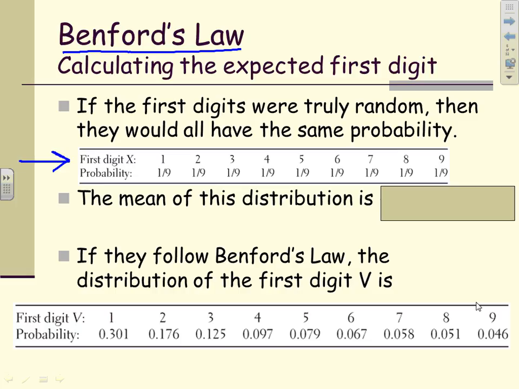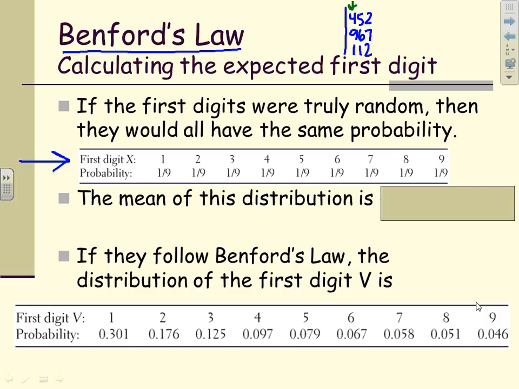Let's say your ledger looked like this, where you had 452, 967, 112. These are all values of money that you brought in. Maybe this was revenue for a particular day. And we would say, okay, just looking at that first digit, in this small example, we have a 4, a 9, and a 1.